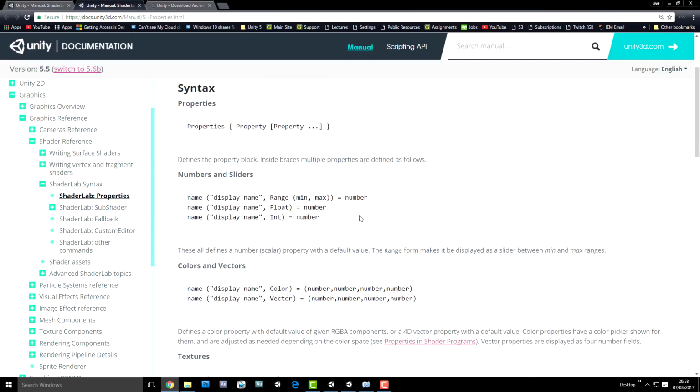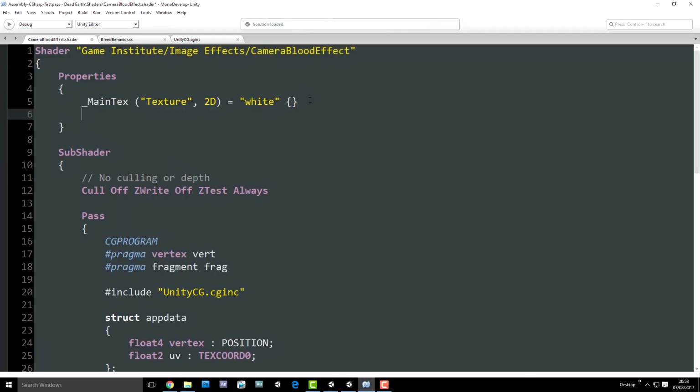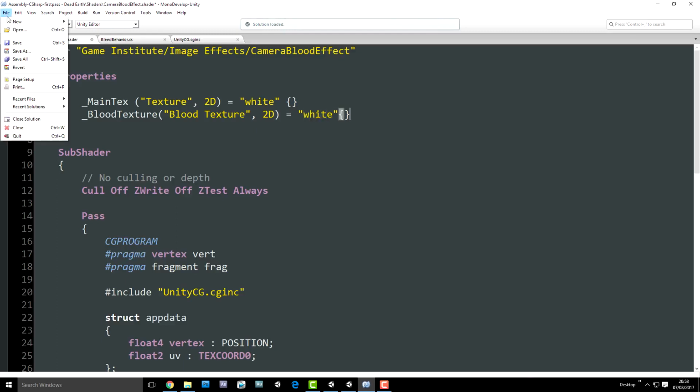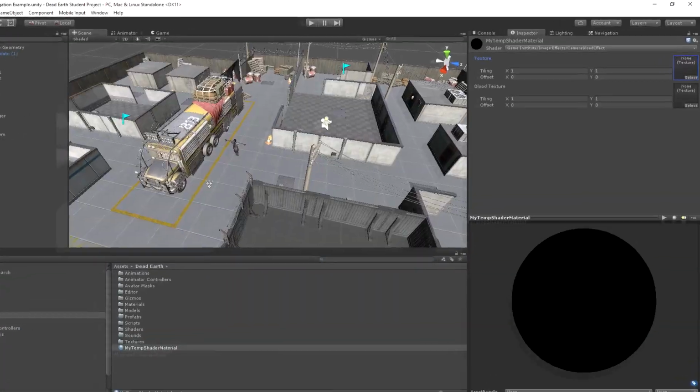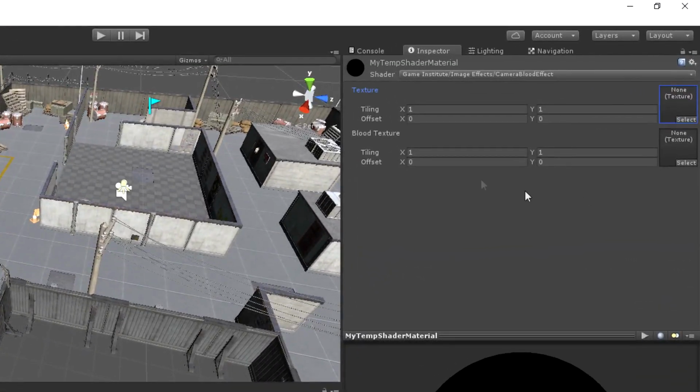So looking at that, so we can test that properties work, let's create another property in our shader, and we'll call this one blood texture, and I'll give it a label of blood texture in the inspector as well. This is also going to be a 2D texture. I'll just assign that the same default value, like so. If I save that off, we should see the material inspector change, and you can see we now have two